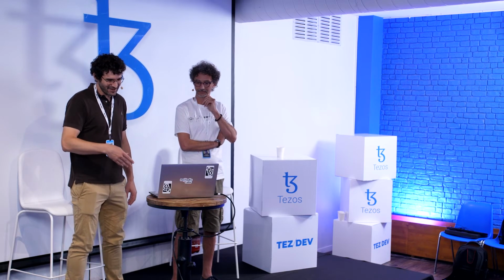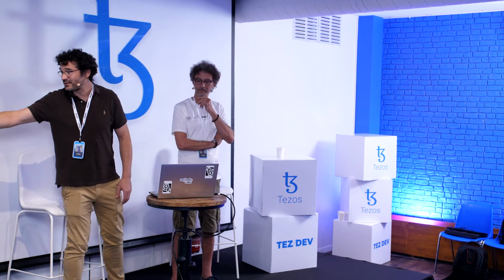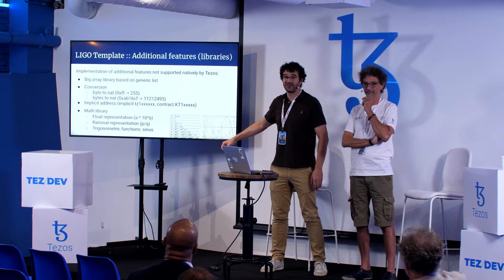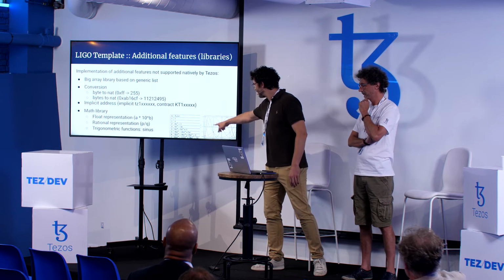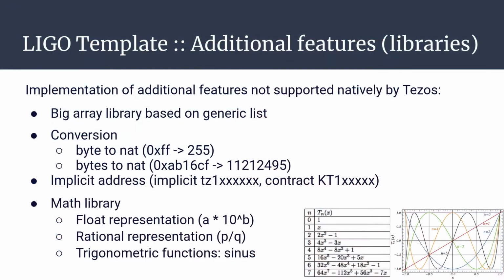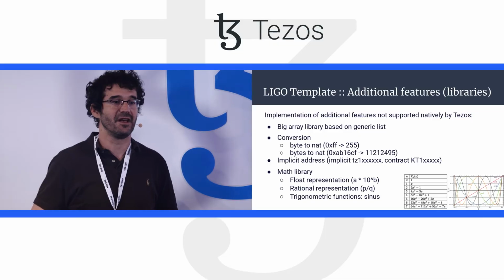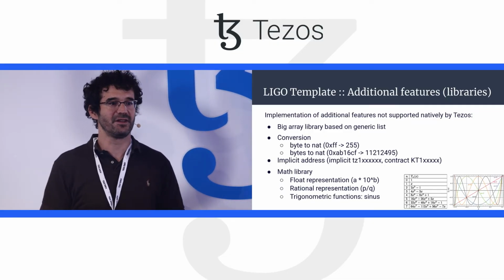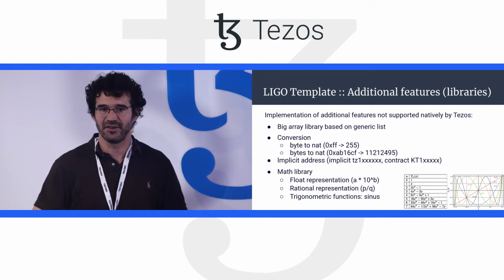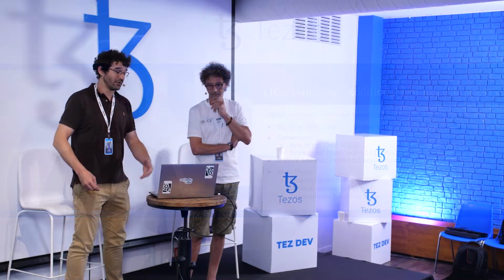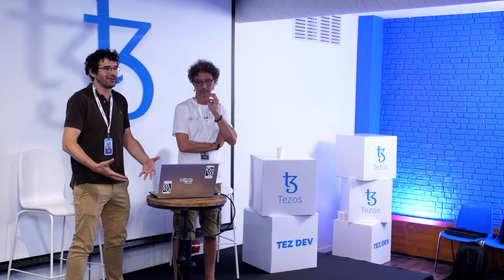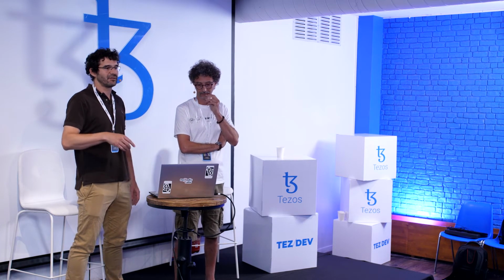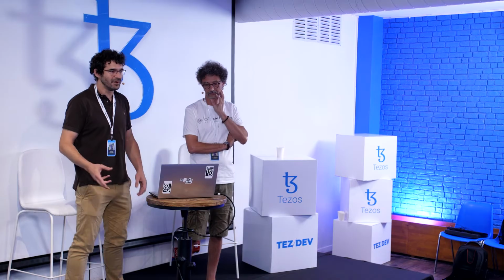Just for the cosinus and sinus, for example, we use the Chebyshev polynomials approximations that help to make an approximation of the circle and a quarter of a circle, and then we compute the Chebyshev coefficients, and now we have an implementation that is very quick and easy for computing sinus. With the float representation, you can also start to have square root of 3, square root of 2, and so you can verify your sinus and use